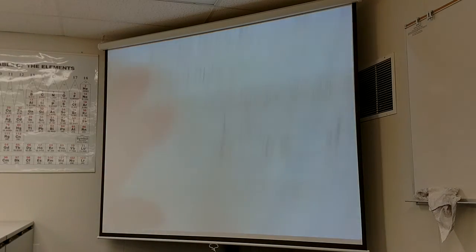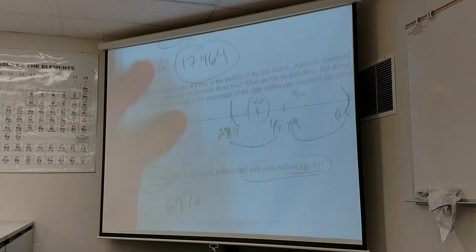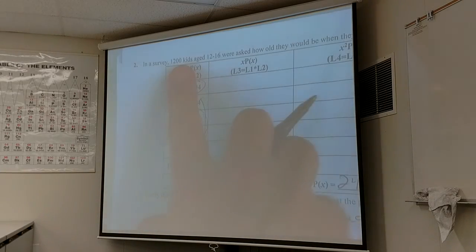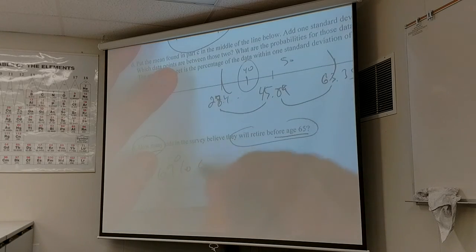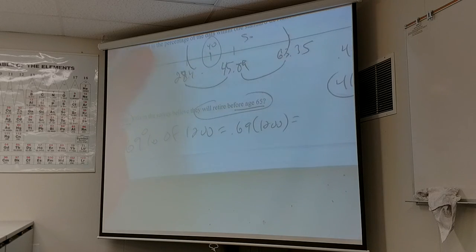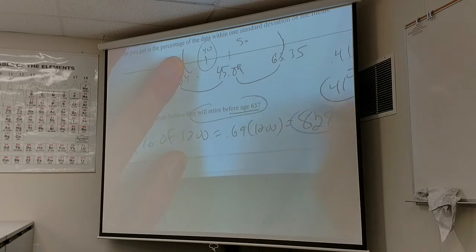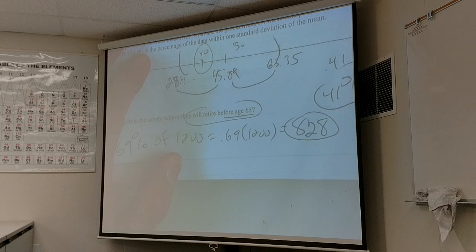So 69% believe so, but I want how many kids? Well, how many total kids were there? 1,200. So 69% of 1,200 is whatever it is. I have no idea. 828. Say again? 828. So 828 kids think they'll retire before 65,